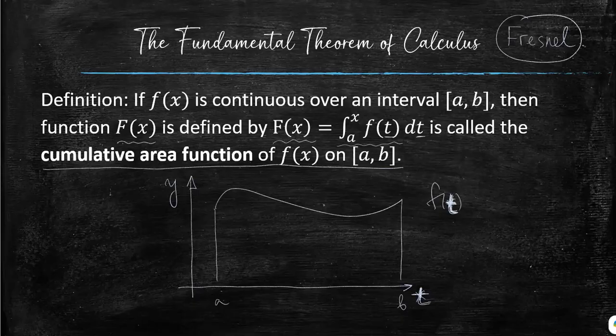The true variable here is x. And x is somewhere on the interval from a to b. And now let's take a look. So x varies, and what varies with x? It's the area,